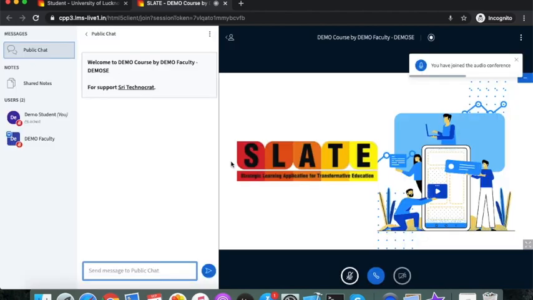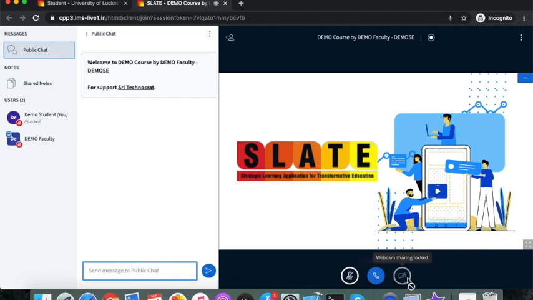As soon as you reach this page, you have opened the complete class environment. Whenever the teacher asks you to speak up, you have to just click the unmute option in the below three buttons. And if the teacher has given you permission to switch on your camera, this camera option will be displayed and you can click and show your camera.